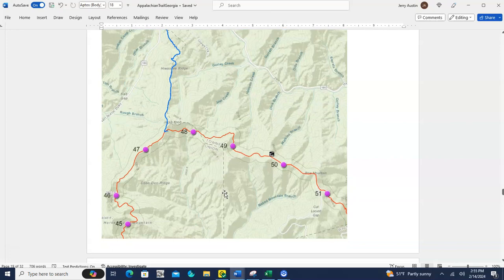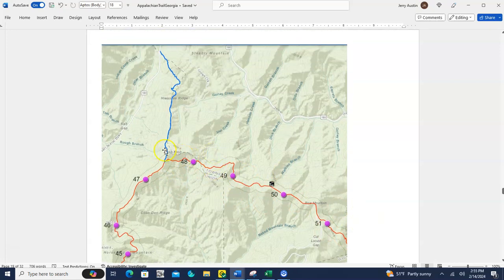Here's another part of the trail going north. You can see there's one shelter. There's no scenic overlooks in this area here. There's a big long trail here, big long side trail, and I've got all these side trails listed on some more